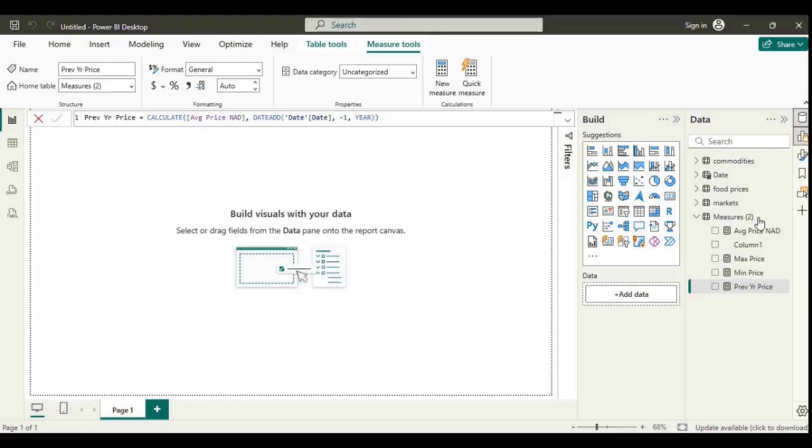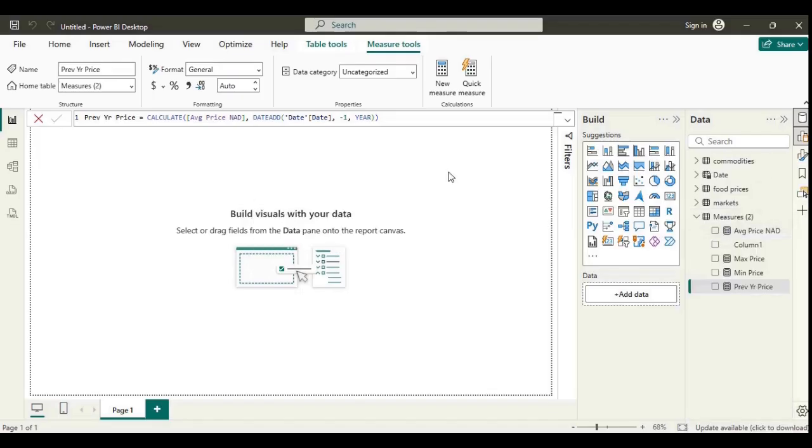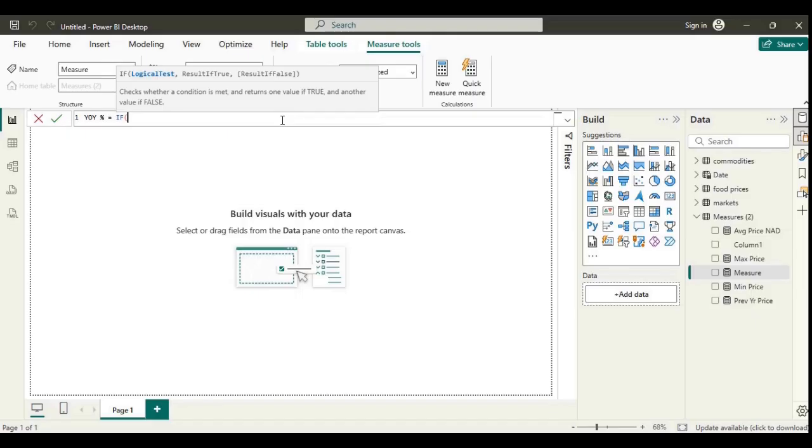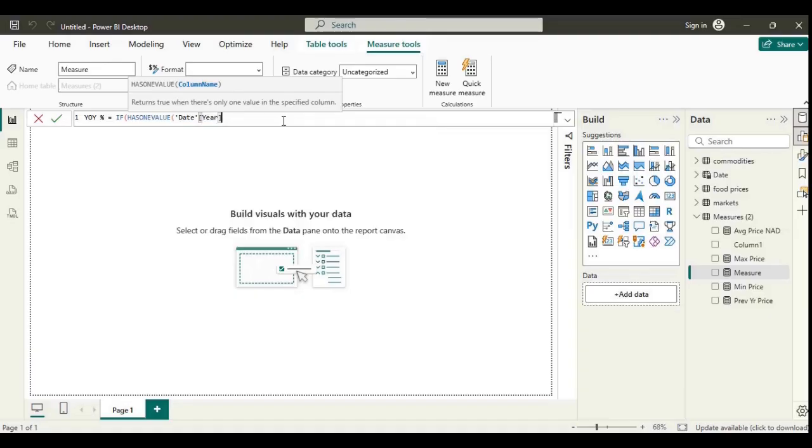And the next measure I'm gonna create is the year-over-year percentage. So I'm simply gonna put YOY percentage and set that equal to. So I'm gonna use an if statement, and I wanna use the has one value function, because if a year is not selected, Power BI will still give you a value. And I only want it to give us the year-on-year percentage if a year is selected. So if the year is selected,